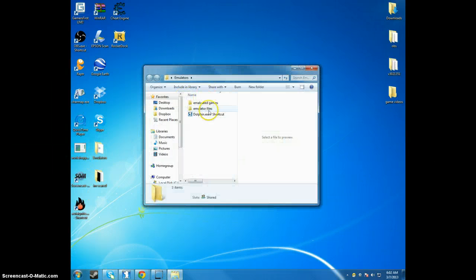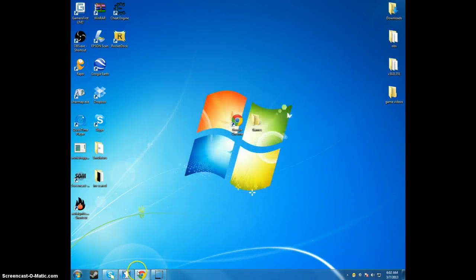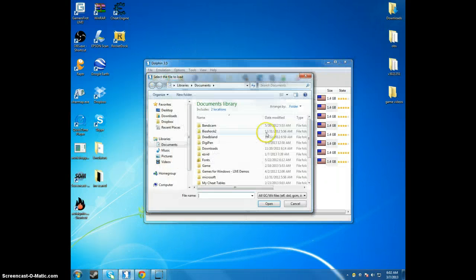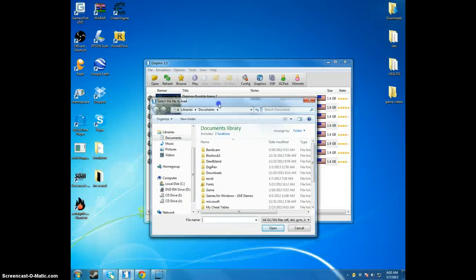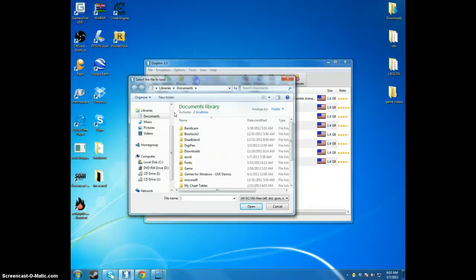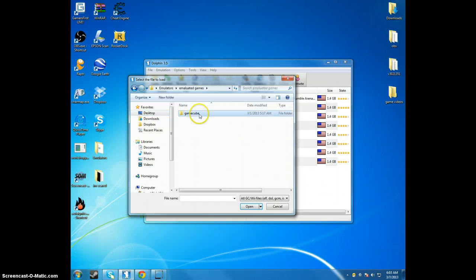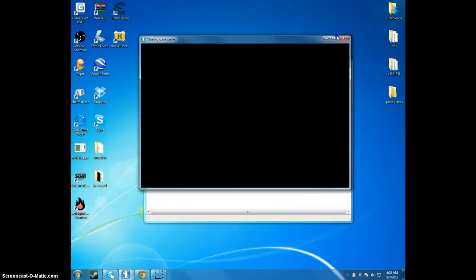My emulator files are in here, so I would take it and drag it into here. And once you put that in there, you just pick whatever file you want, and you come over here. You go to open file. This is just if you want to play the game by yourself and you don't want your games in here. I don't know why you wouldn't want your games in here, but you would go to wherever you have your stored game. I have mine in here. You would do this, come in here. I want to play this. Click this, and